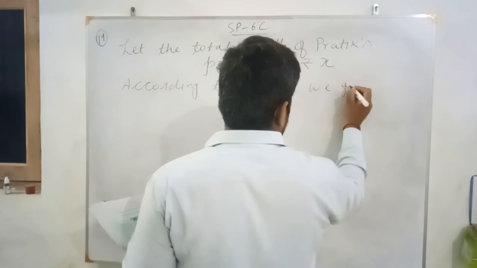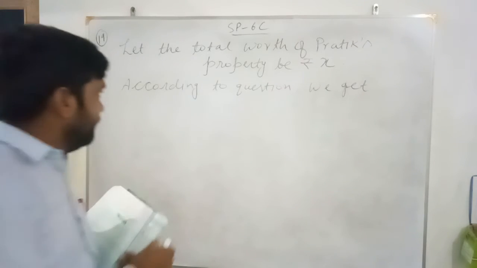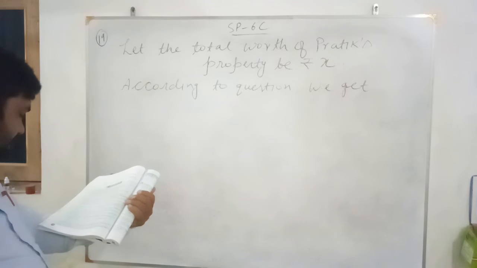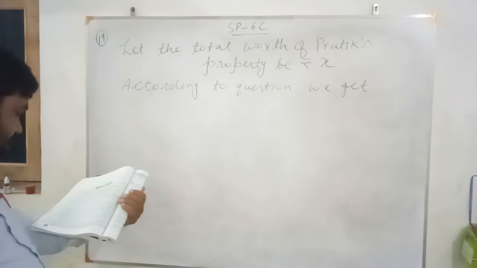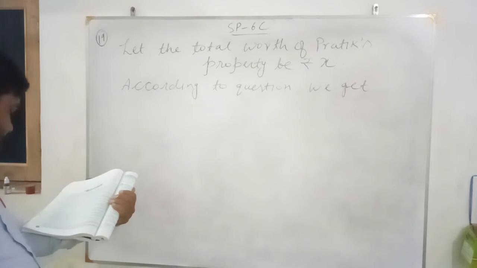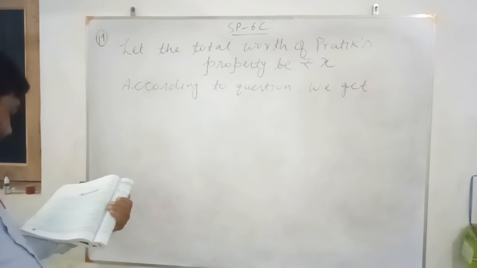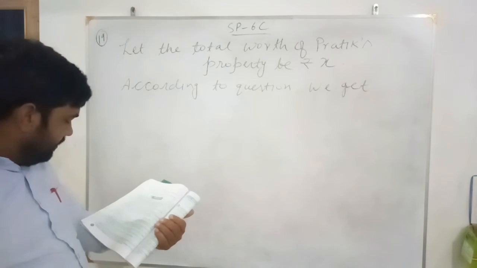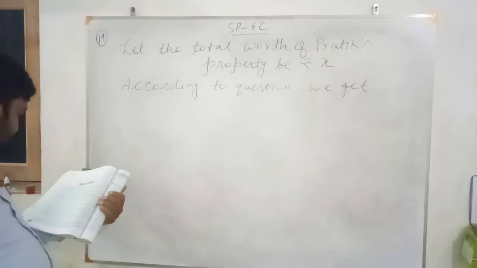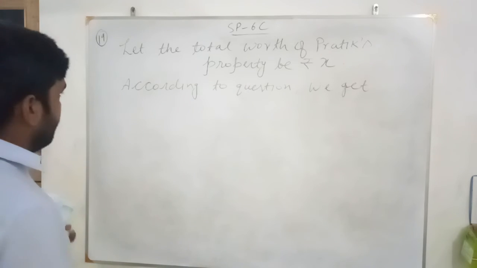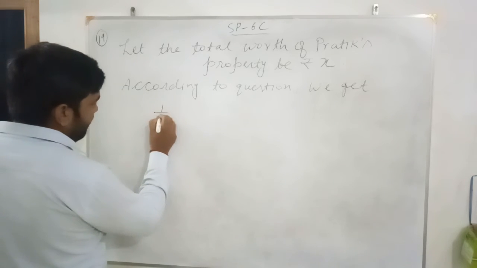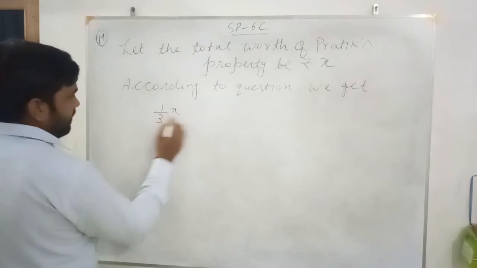Now we try to make an equation. According to the question, Pratik left 1/3 of the property for his son and 1/4 for his daughter and the remainder for his wife. So here we will find the property for Pratik's wife. Now we try to frame the equation. The property of the son is 1/3 of the total property, that is 1/3 of x, plus